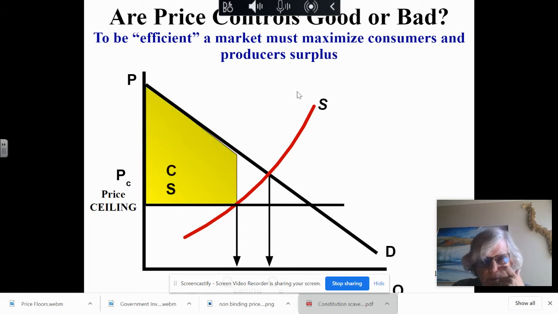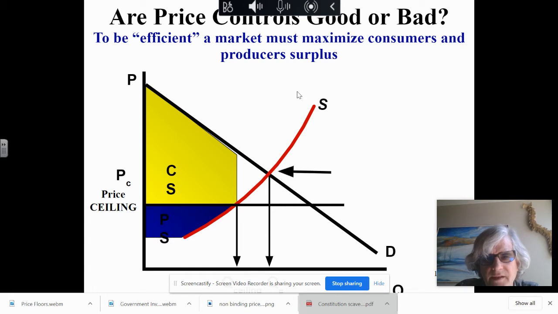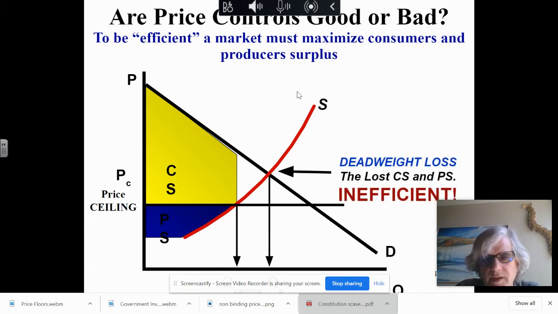Here is the consumer surplus. There is the producer surplus, and then there again is the deadweight loss. Deadweight loss of consumer surplus and producer surplus. It's inefficient. So in this case, you do a price ceiling, and that is typically to help consumers because the prices are too high. One of the most famous examples of a price ceiling is rent control in New York City,